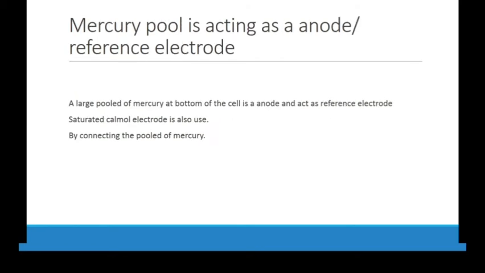So a large pool of mercury at the bottom acts as the anode. The surface area of the anode, which is at the bottom of the apparatus, and that of a small drop have a huge difference. So to start a reaction at the anode you need a large amount of voltage, but if you apply a little potential, little voltage on the cathode, the reaction will start and it will start to attract ions.